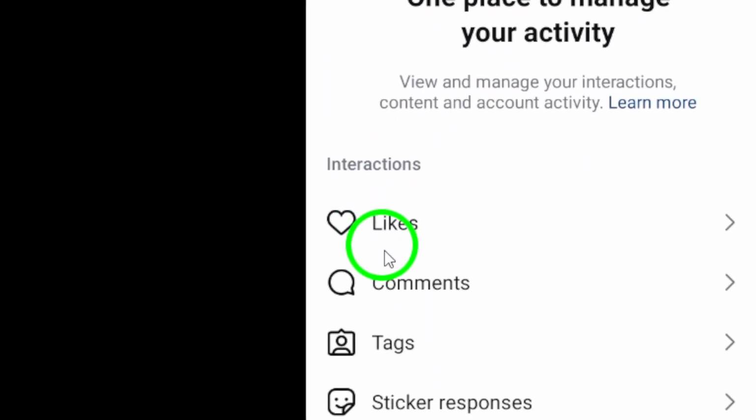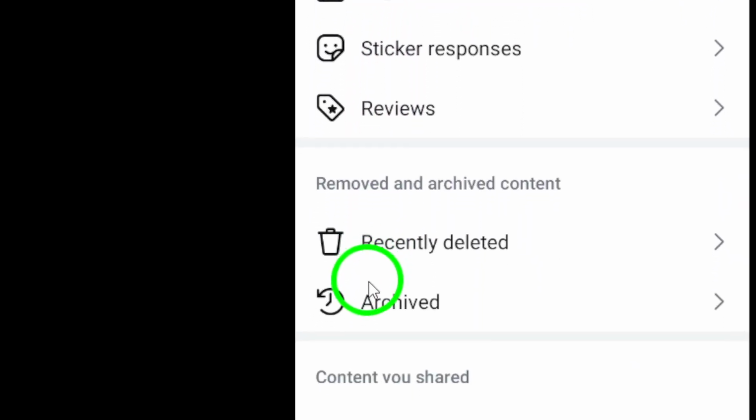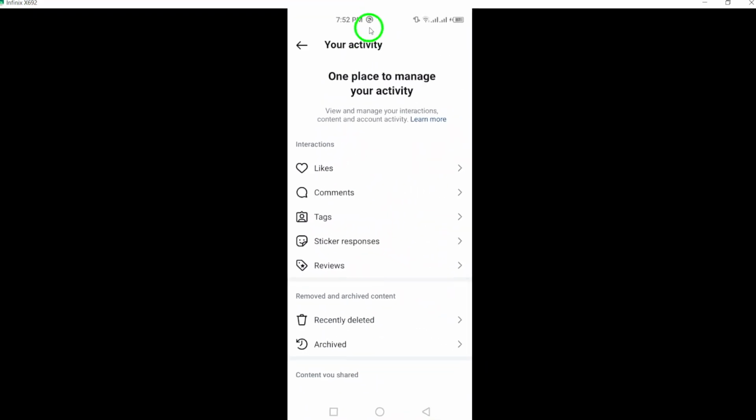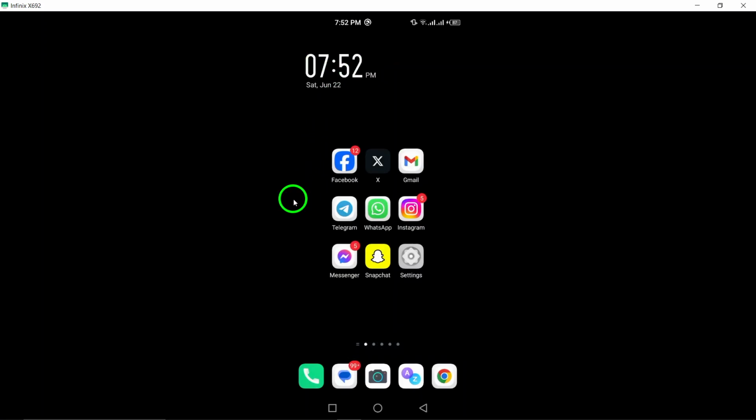Here you will find a list of your recent likes, comments, tags, and more. Simply tap on the specific activity that you'd like to view in more detail. And that's it. You can now easily view your recent activity on Instagram and stay updated on all the interactions